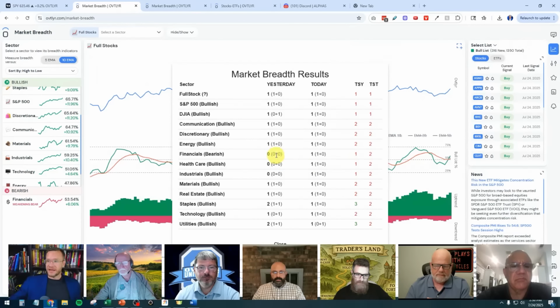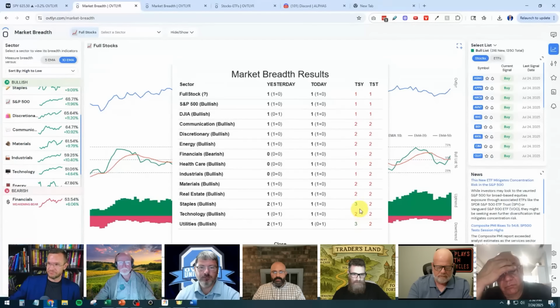And so running this today, this is so sick. I love this so much. It shows you today's signals and yesterday's signals, and it gives you the total score for yesterday and the total score for today. And I love this so much because at a glance, we can now see, oh, you know what? Okay, the only sectors I'm even interested in would be staples and utilities.